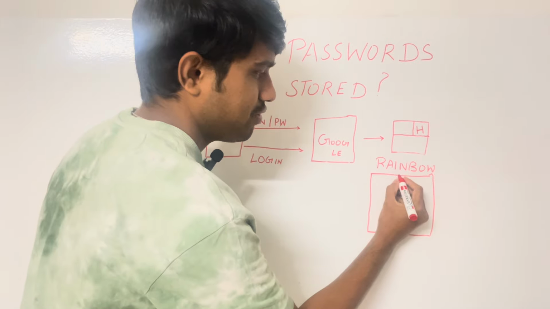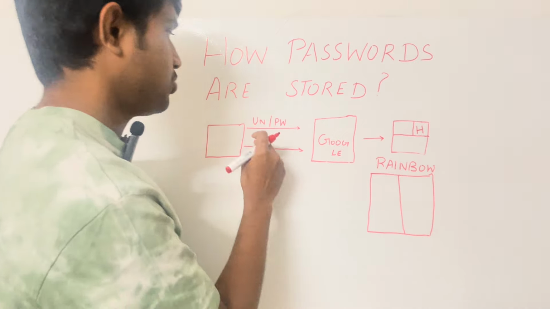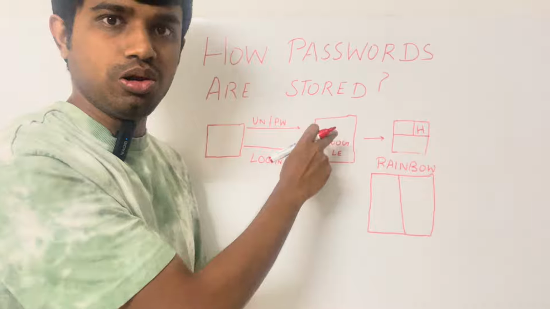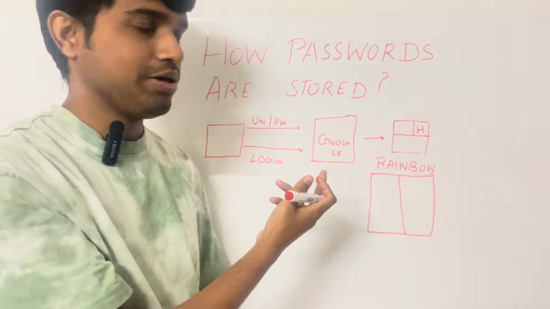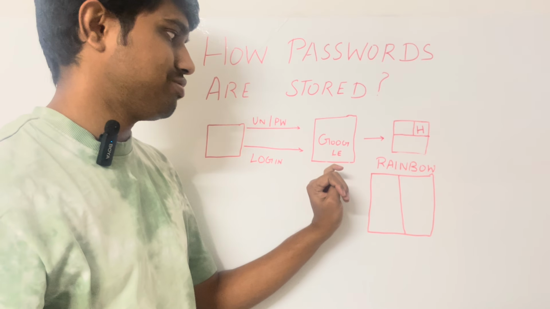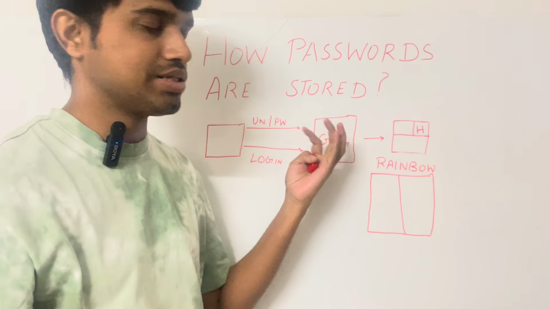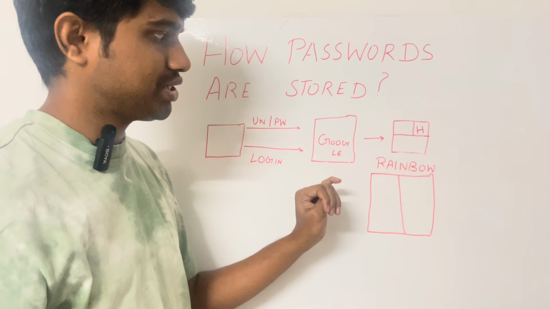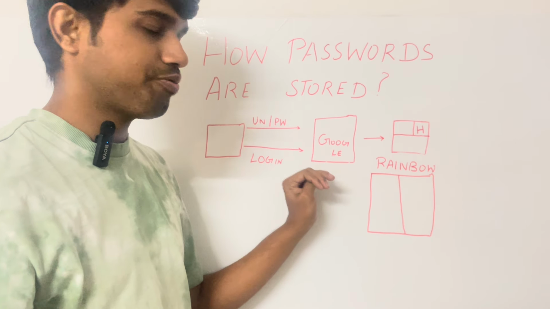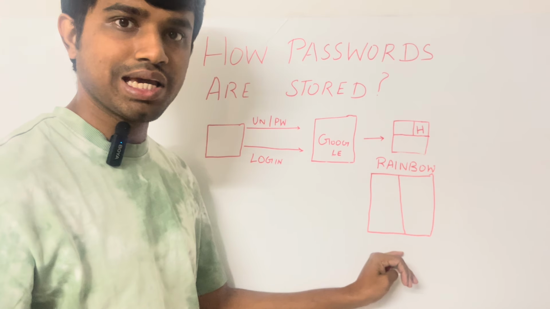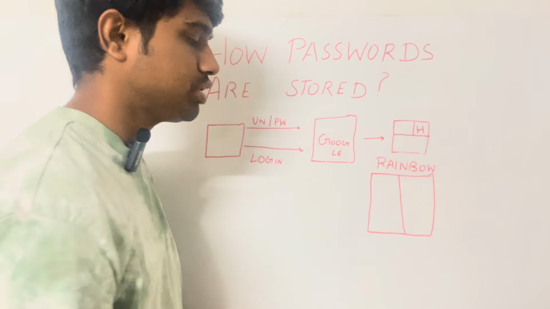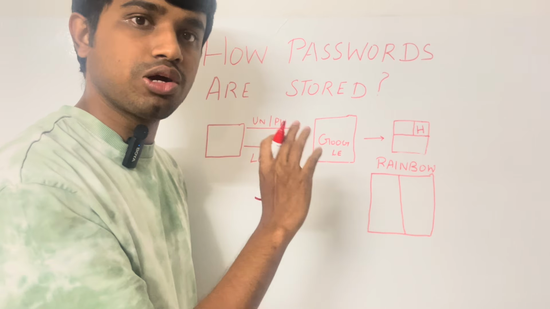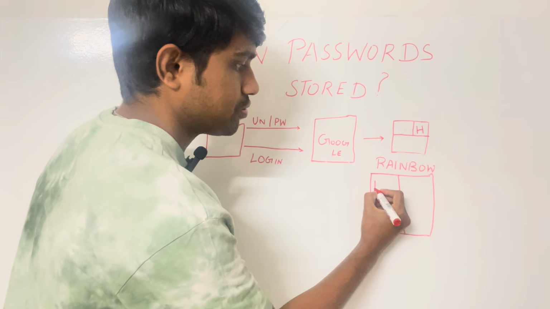The hashing function which Google uses is pretty open. Google will say, okay, this is the function I'm using. If it is a basic function, not very strong, hackers can pretty easily calculate the hashes for common passwords like password